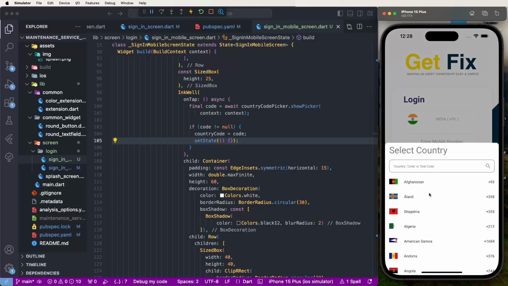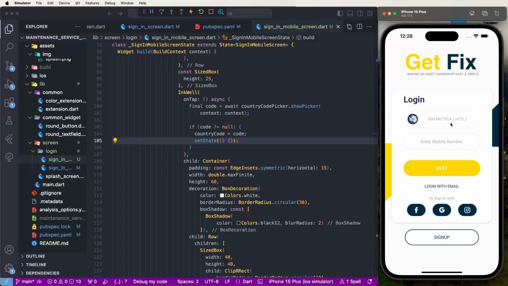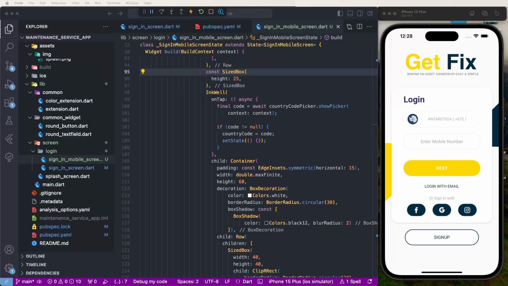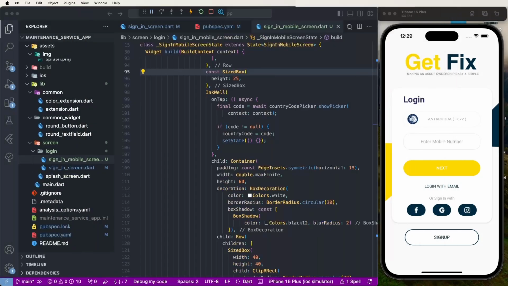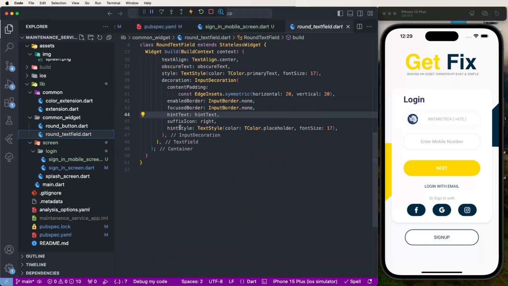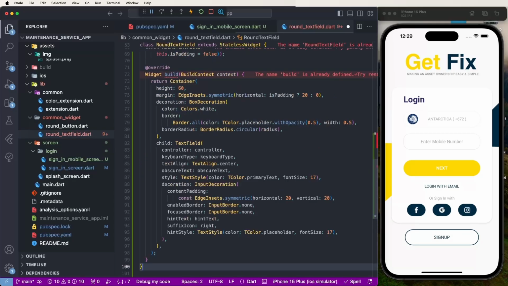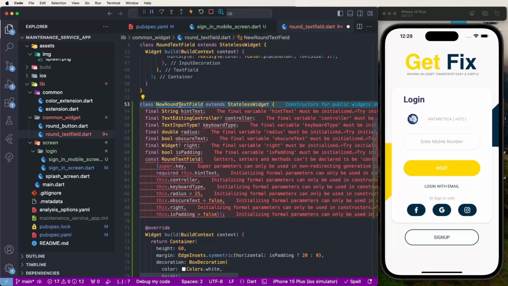Now need to click here and opening this here the country pickers, and to select here any country, and to change this like here. Also need to change this here the UI. Now need to create here the new looks for the new designs, because this actually involves two different UI. Here sign in inside the different show, and login inside the different show. Now need to create like this text fields. Now we need to go inside the text fields, and to write down here the copy, and to paste, and to change this here the name, new text fields,